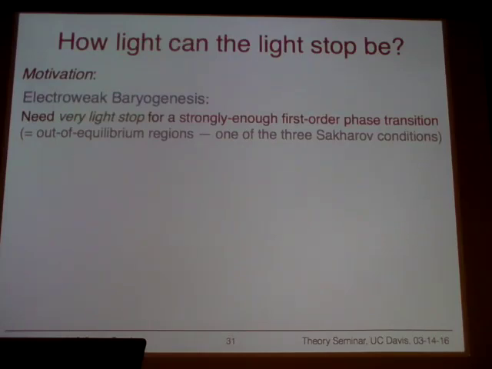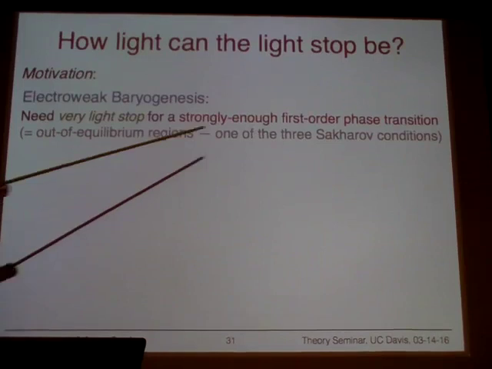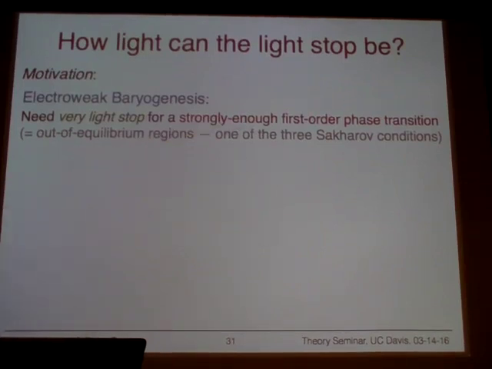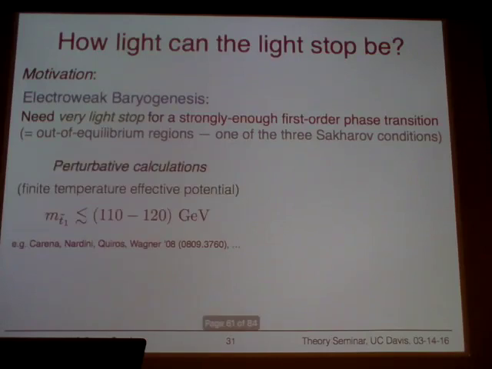where you need a very light stop in order to get a strongly enough first order phase transition, which leads to out of equilibrium regions during the electroweak breaking phase. So this is one of the Sakharov conditions you need for successful baryogenesis. The question is just how light this stop actually has to be, and it is kind of a tricky question, and I don't really feel very qualified to judge on this question,